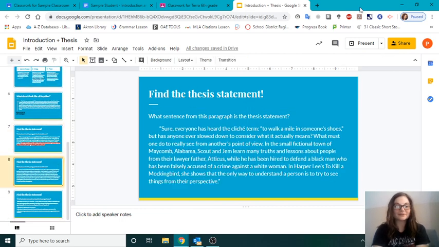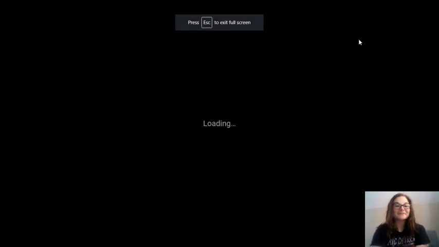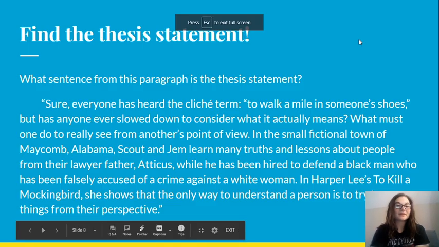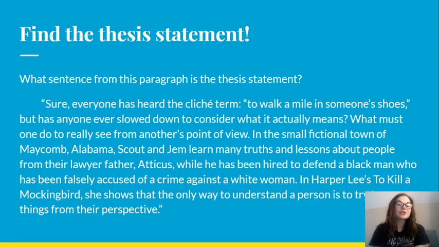But I have another one for you guys. So what sentence from this paragraph is the thesis statement? Sure, everyone has heard the cliche term to walk a mile in someone's shoes, but has anyone ever slowed down to consider what it actually means? What must one do to really see from another's point of view?